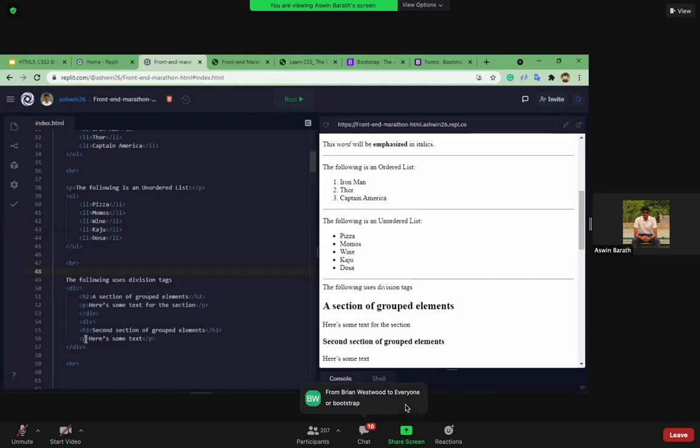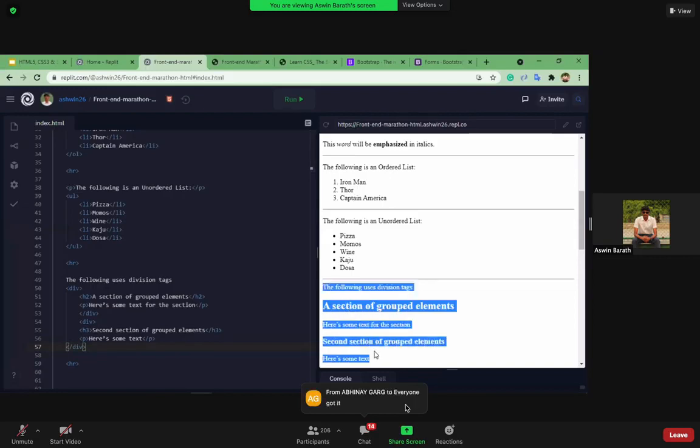As you can see over here, I have wrapped this entire section of text inside this div tag, right? Whenever you want to add stylistic properties to this entire section of the text, we use this div tag so that we can wrap it inside this element, right?